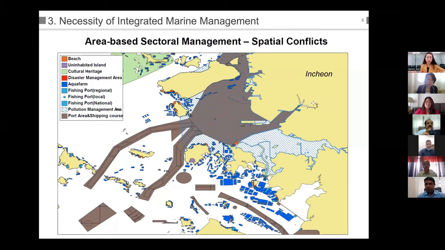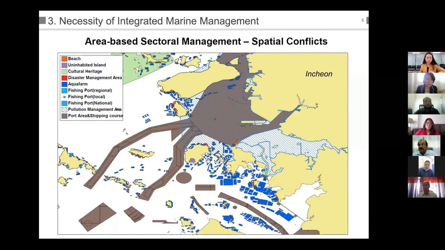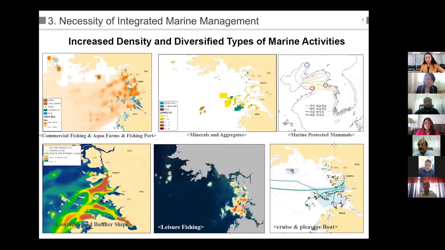management. This is near Incheon of Seoul, and this is how we manage the area here. You can see that there is the beach, which is opened up for the public tourists. And we also have an aqua farm, a river and a port. There are areas that need to be managed for the fishermen to use the port. So you can see here that there are various methods to be applied for the management of those spaces. And when that happens, there were conflicts of different management methods applied to those areas, and we had issues arising